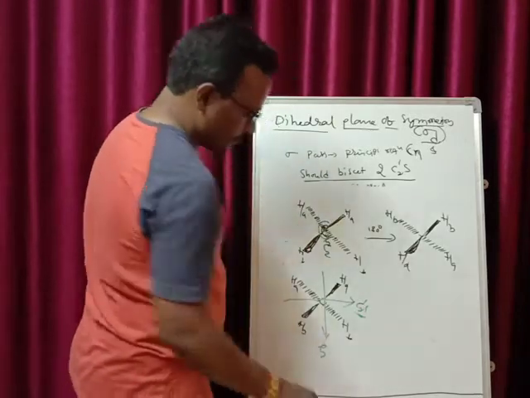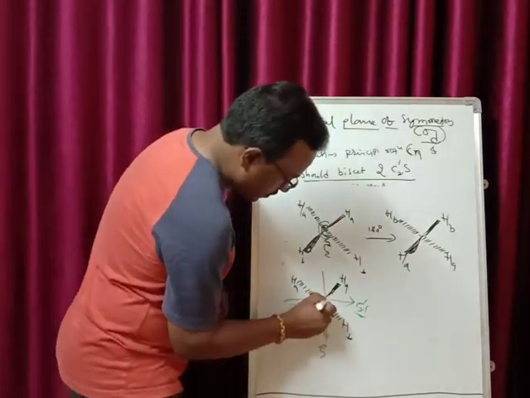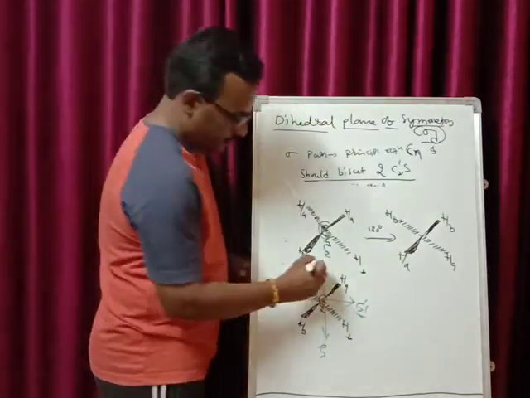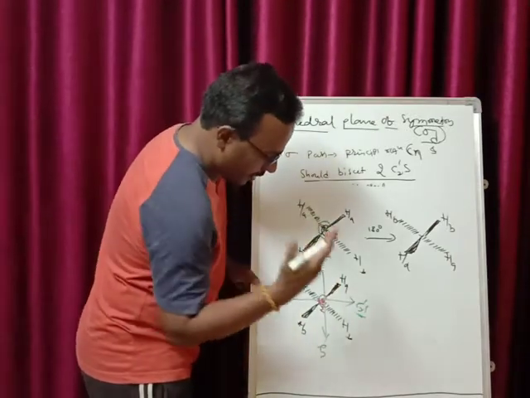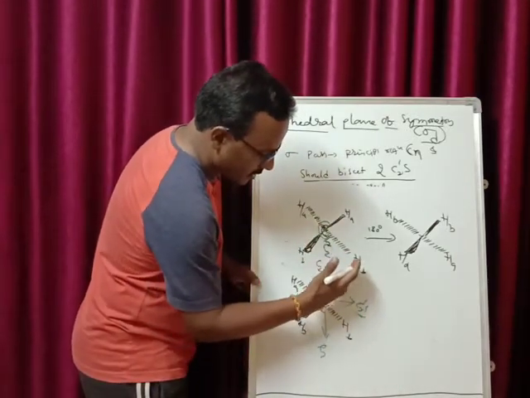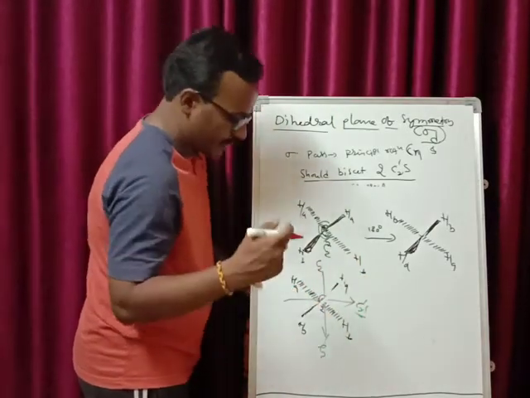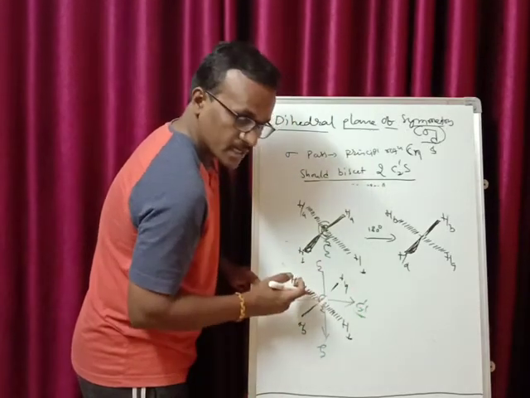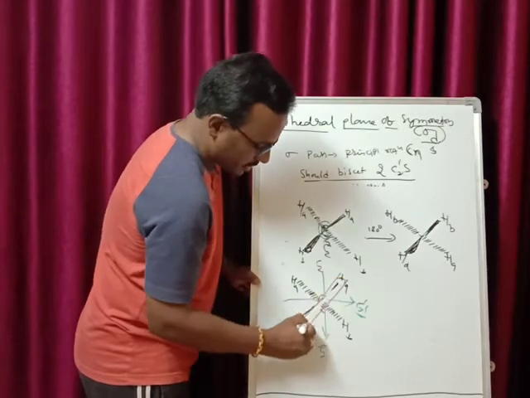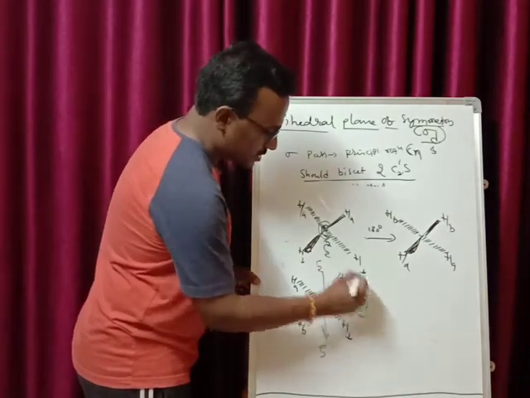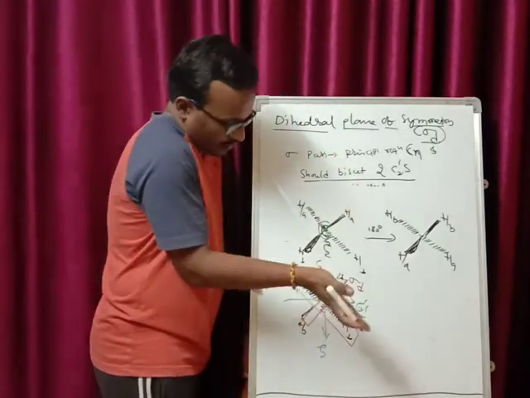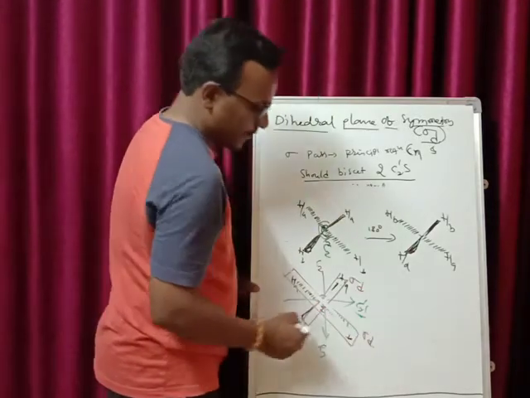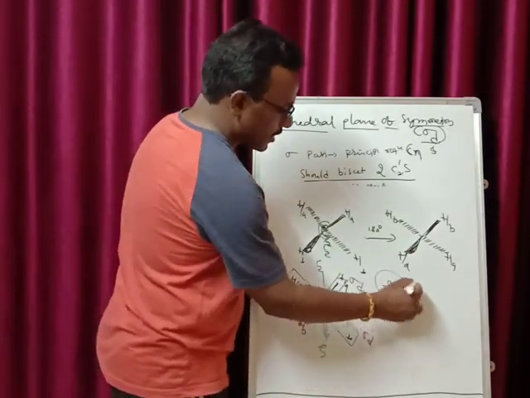And coming to your plane now, this is the principal rotation axis and these are two C2s. So here, if the plane of symmetry is passing like this, if you are bisecting like this, cutting from the center like this, what is happening? It is passing through the principal axis, two C2s are bisected here and you get two equal halves. Therefore, the plane passing through hydrogen, carbon and hydrogen is called sigma D. Similarly, if I cut like this from this particular point, I get two equal halves. So this is also sigma D. So in the allene molecule, there are two sigma Ds.